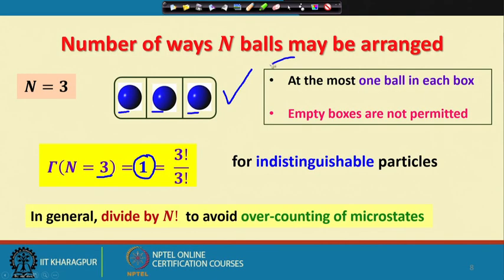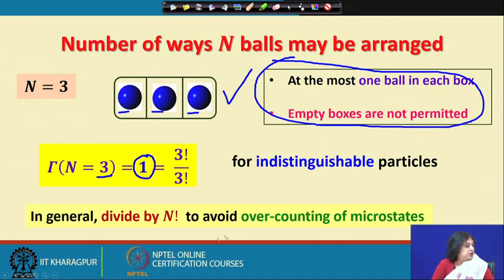So, instead of 1, I would have got 6 distinguishable ways. Therefore, in general, a prescription is followed that if your rules of the game are something like this, then you construct as many microscopic states, or the different ways in which these balls can be arranged, but you divide by n factorial to avoid the